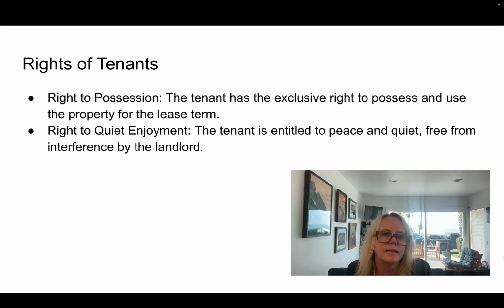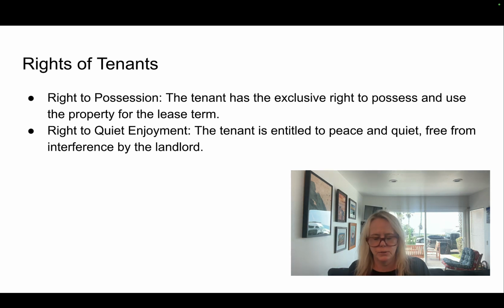What are the rights of the tenants? Well, the tenant has the exclusive right to use and possess the property for the lease term. And they have the right to what's called quiet enjoyment. Quiet enjoyment basically means that the tenant is entitled to peace and quiet, free from interference by the landlord, and